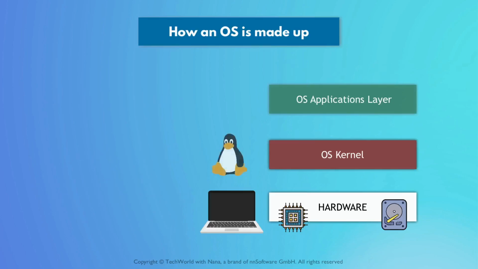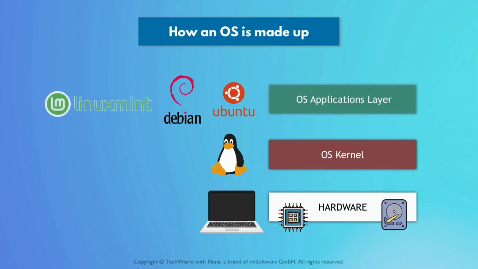For example, you all know the Linux operating system, and there are lots of distributions of Linux out there. There's Ubuntu and Debian, and there's Linux Mint, etc. There are hundreds of distributions. They all look different, so the graphical user interface is different, the file system is maybe different. So a lot of the applications that you use are different, because even though they use the same Linux kernel, they implement different applications on top of that kernel.